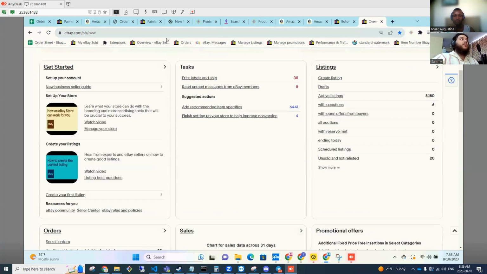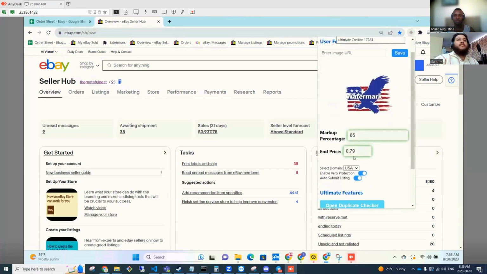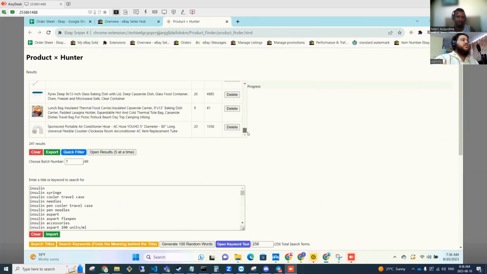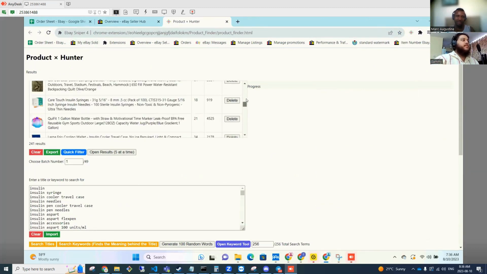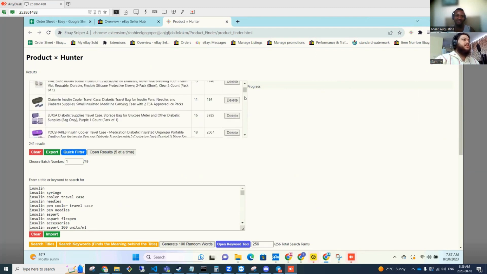So let's open up the bulk lister and wrap this up. Oh yeah, let's see the results of the product hunter, because now we have to make the decision. Do you want to list these items, or continue with the items we had? I'll let you decide. I am very wary about medical devices. Yeah, me too. Let's just stay away from it.